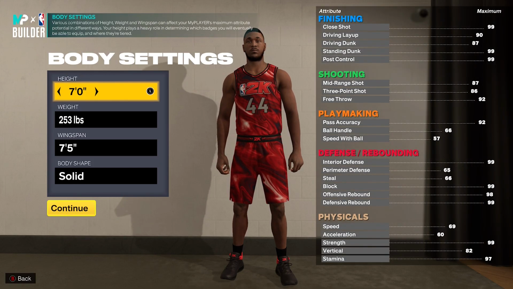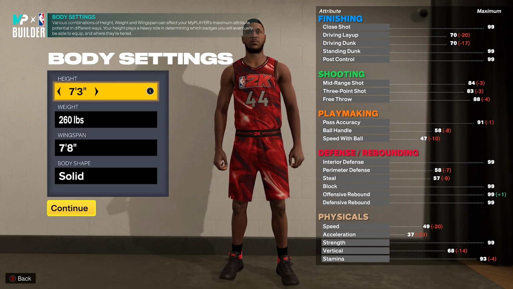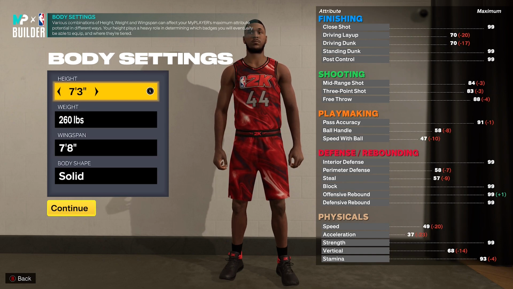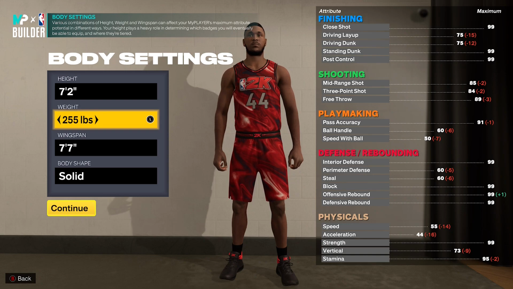So for the height, obviously Victor is listed at 7'4". You can't even go 7'4" on this game. But what we're actually gonna do is drop to 7'2". Why? Because at 7'3", as you can see, your speed with ball takes so much of a hit. Even your driving dunk, driving layup. So 7'2" is really gonna be what you want for this build, because at 7'3" it's just impossible to replicate